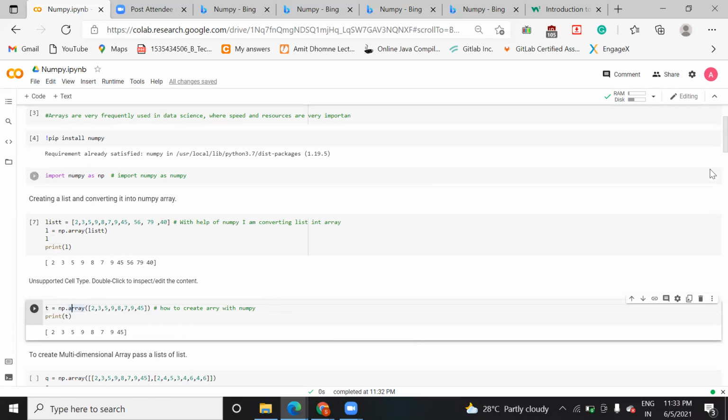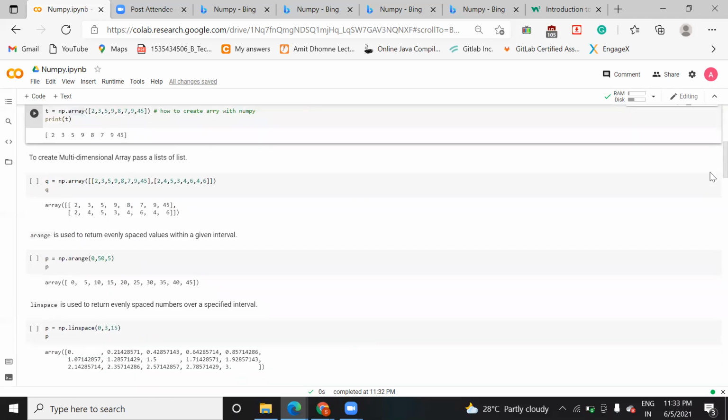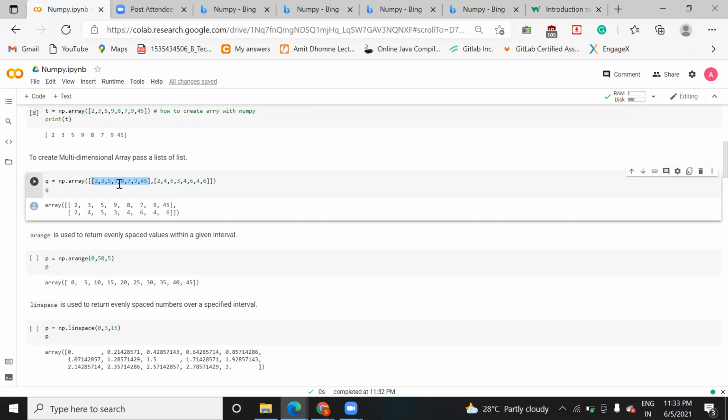Once you get this, suppose you want to create a multi-dimension array. How are you going to do that? You just need to write np.array, and in the square brackets you take one row. Each square bracket value will be considered a row here.